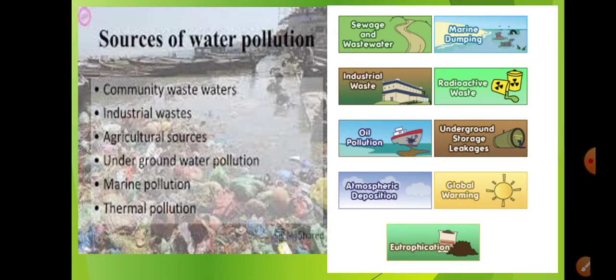So in such cases, sometimes it may so happen that the tunnels are leaking, and because of that also there is water pollution. Then we have atmospheric deposition. Here we need to understand that in case of air pollution,